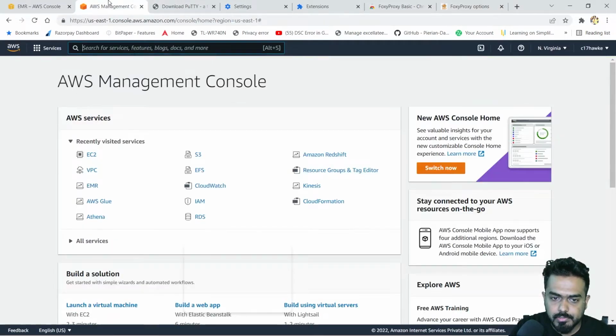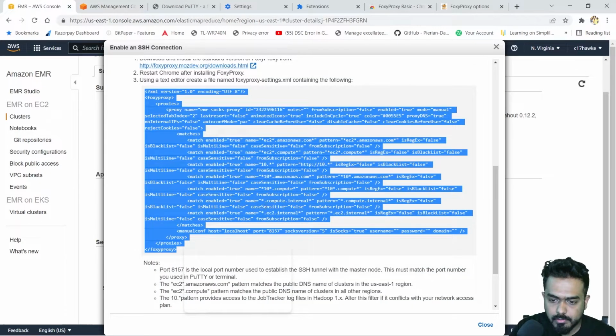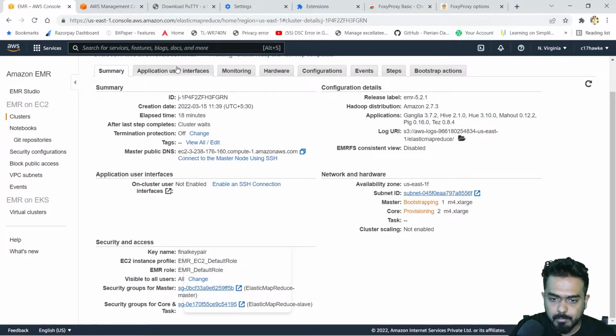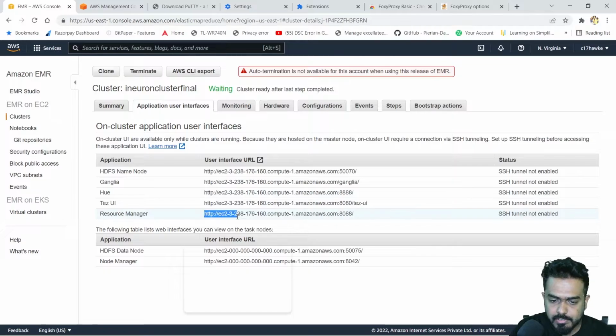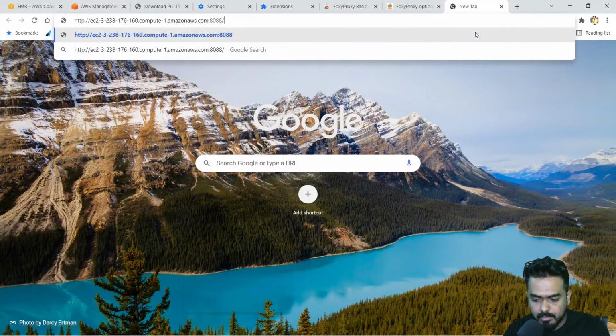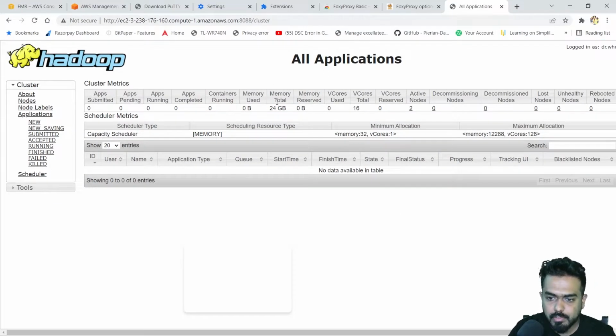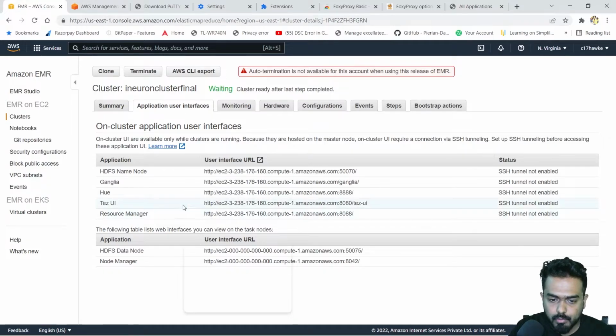So now if I just go to my EMR, so this step is done. If I just close this and go to my application user interface, first let's check the resource manager. I'll go here and let's try to add. It should work. Yeah, it's working. You can see it got connected. And if I want to go to the Hue,